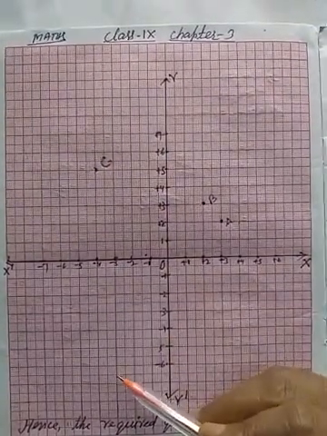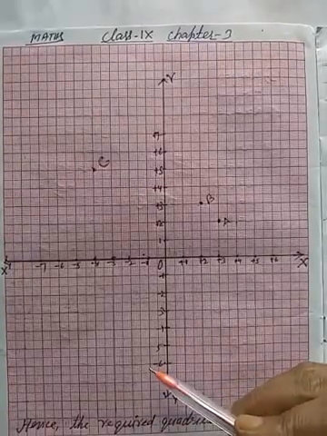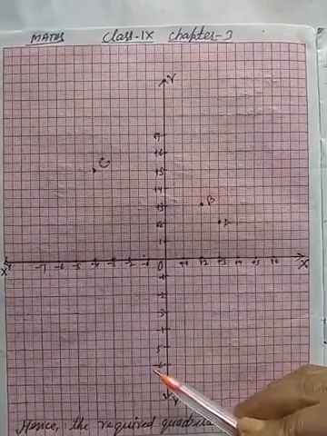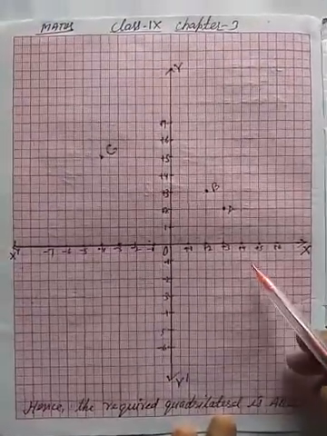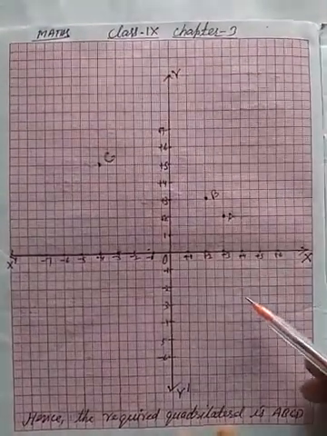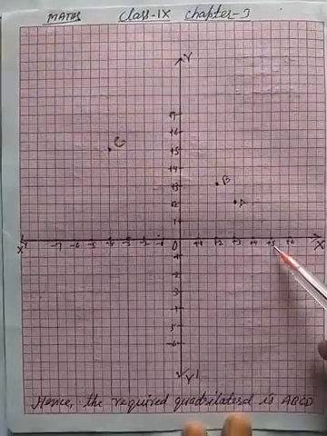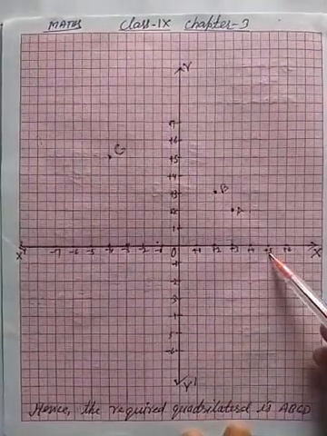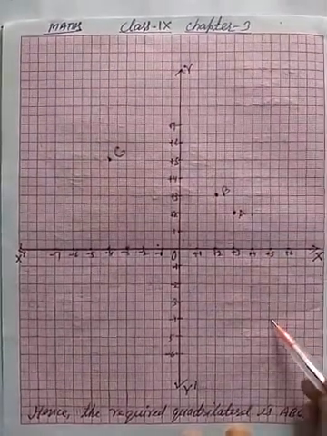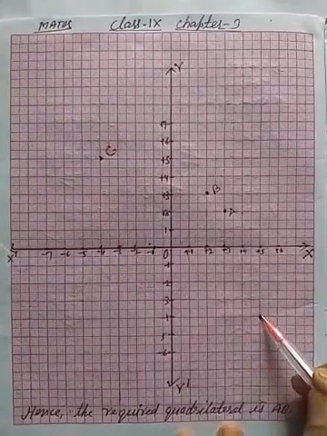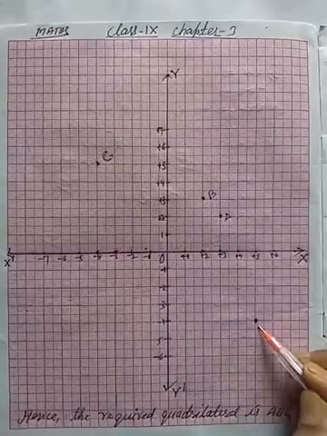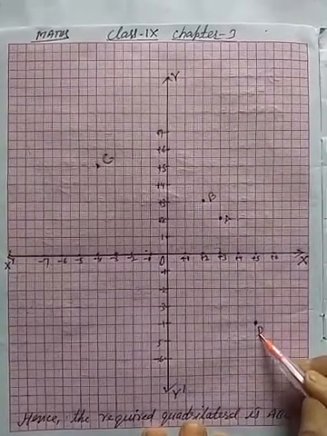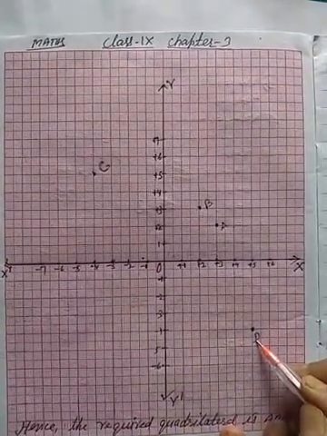Now regarding the point D, it is given as 5 and -4. So 5 is positive, 5 means abscissa, and -4. So 5 is the abscissa, this is the 5, and -4 means here is 4, -4. Okay students, this is -4. So this is point D.